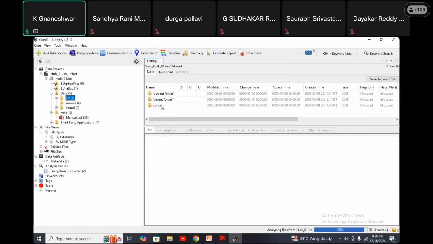Current folder, parent folder becomes games related folders. This is the total, because I'm applying it on an ISO image of one game. These are the total deleted data in this artifact. One mail ID we can also display sometimes, because while downloading this particular game we give some mail IDs also. So we can sometimes get the mail IDs while connecting with the network. This is the information regarding the particular Hulk game.